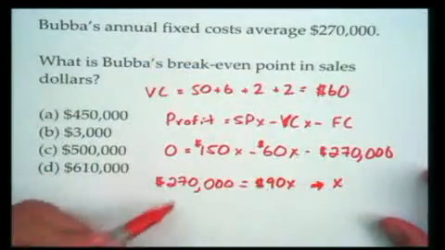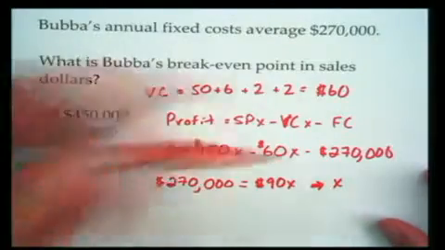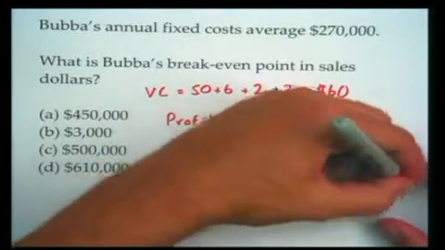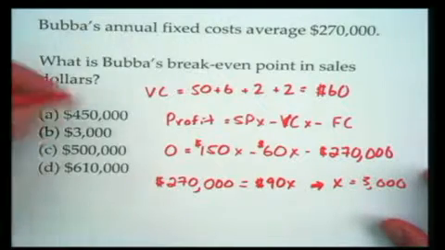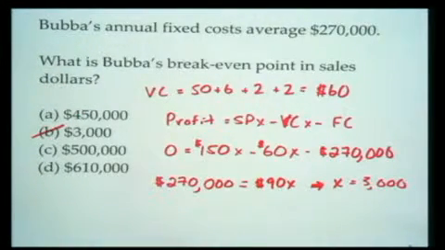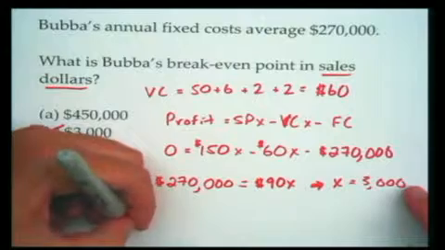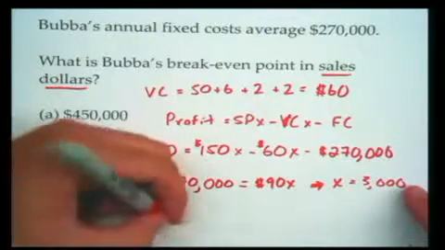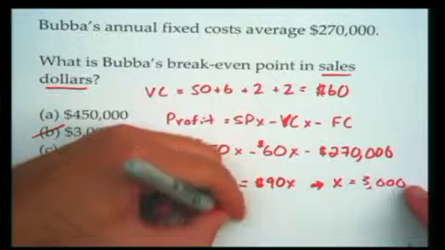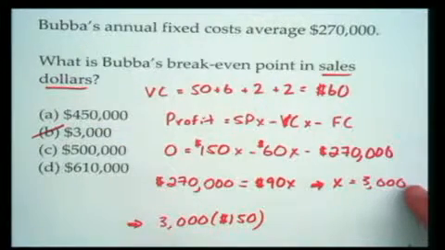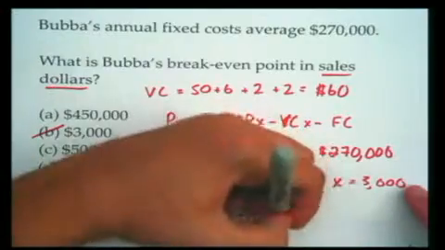If we divide both sides by 90, we get X equals 3,000. So that's the answer, right? No, careful. In this equation, what is the value of X that we always get? X is the number of units. In other words, this guy has to sell 3,000 sets of gold teeth to break even. That's great, but that's not what the question's asking. We want the break-even point in sales dollars. If each one sells for $150, it's 3,000 times $150,